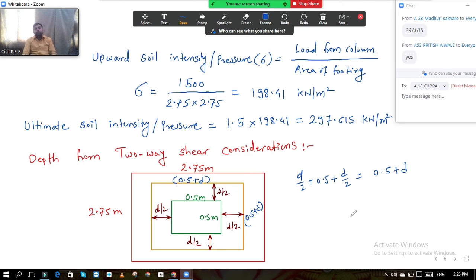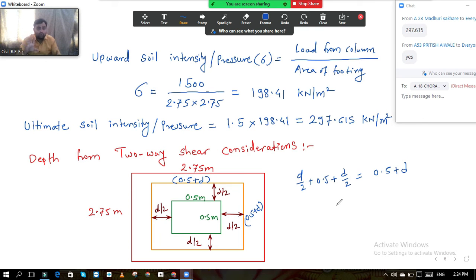So what I mean to say is that you may imagine that a square column of 500 mm by 500 mm will get punched through the footing, and only that much square hole will get created, but it is wrong. It is not the case. How much bigger is the square hole that is created? If your size of column is 0.5 by 0.5, then the hole created will be 0.5 plus d and 0.5 plus d if it is a square column, where d is the depth of the footing.